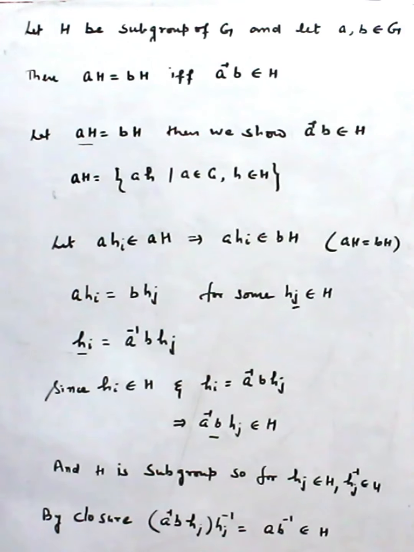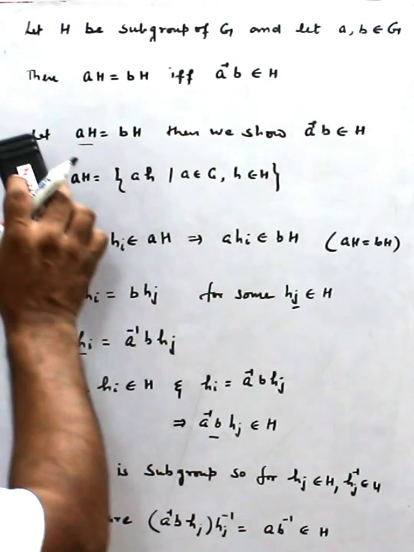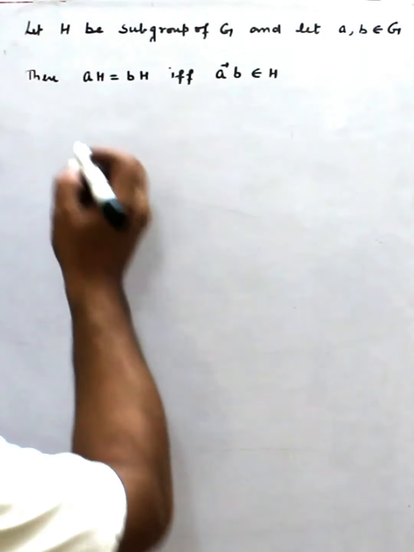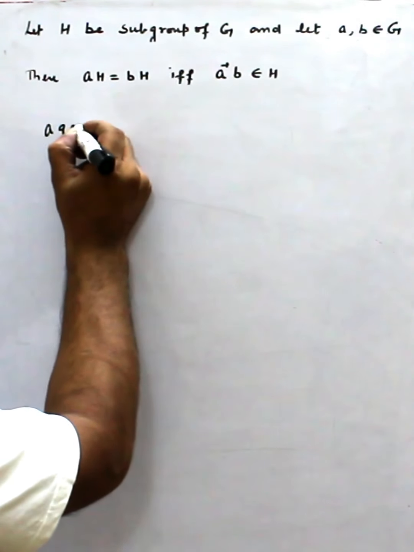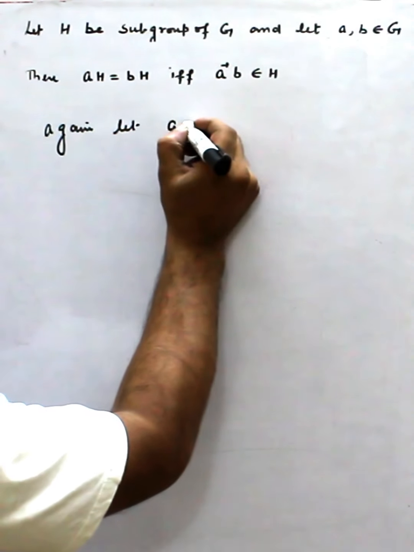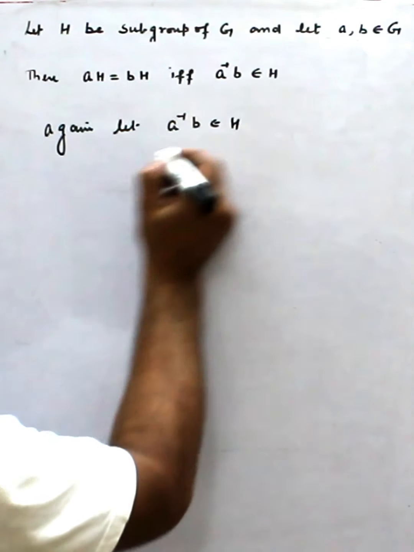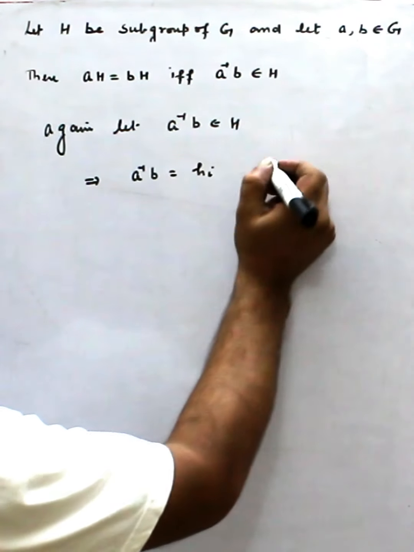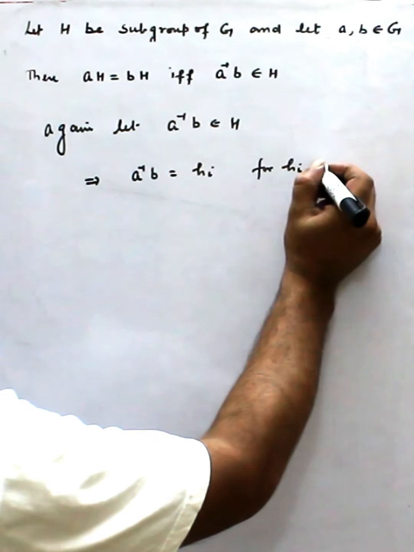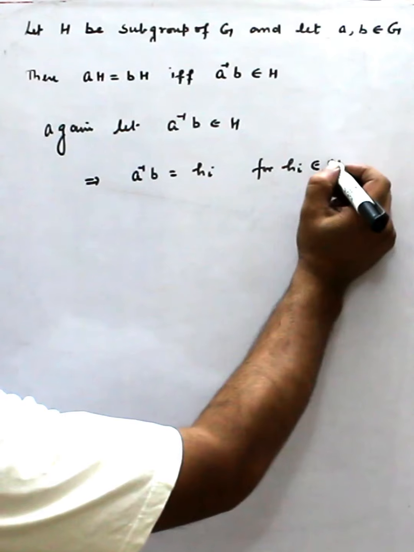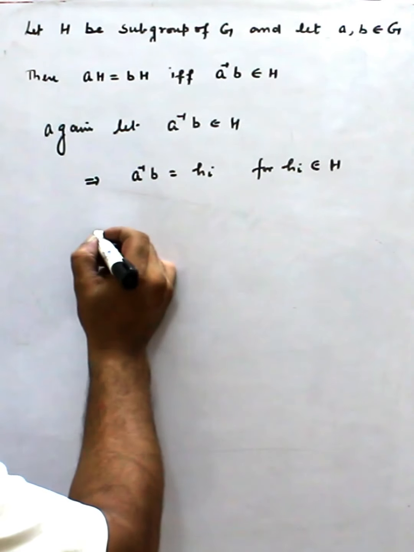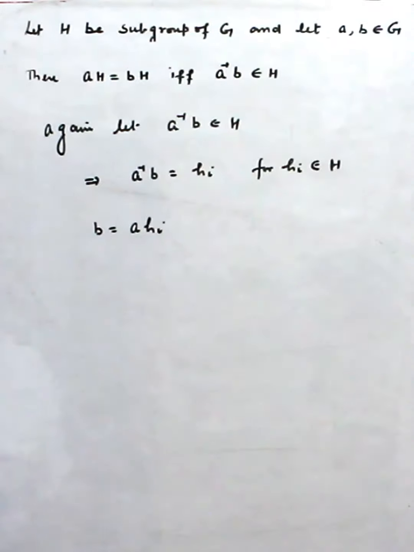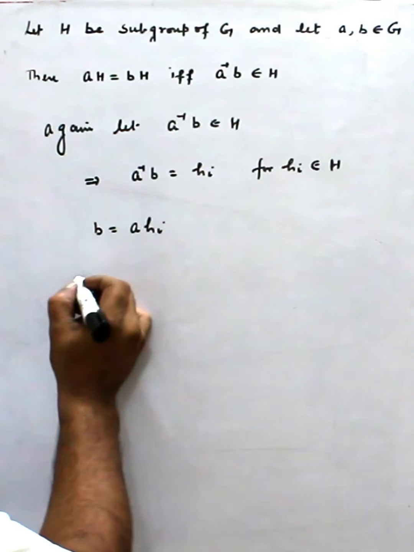Now we prove the reverse case. Again, let a inverse b belong to H. This implies a inverse b is equal to h_i for some h_i belonging to H. This means b is equal to a h_i, and as we have proved, this means